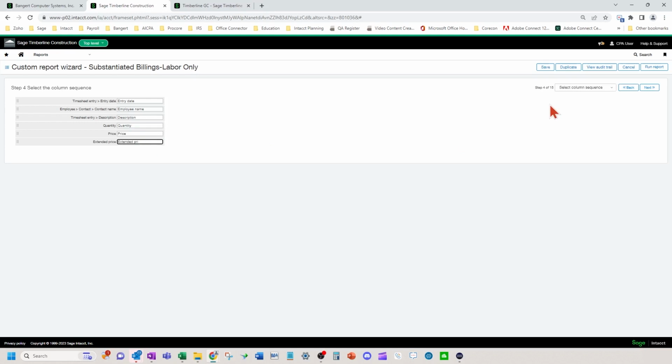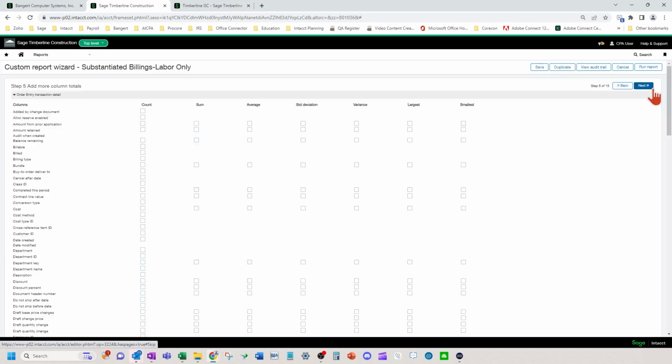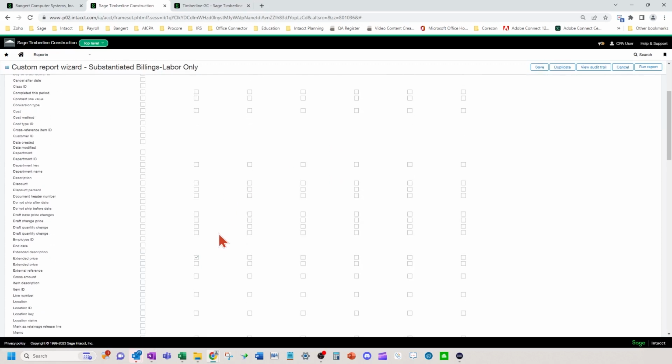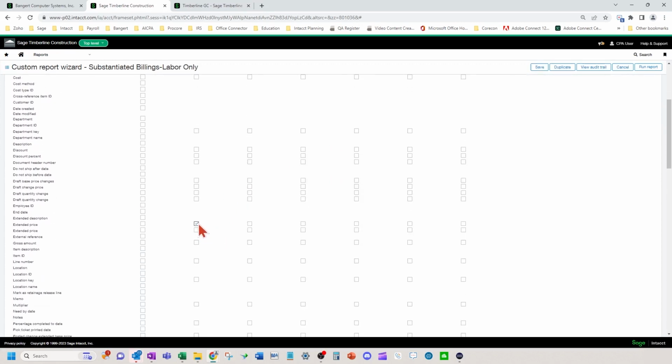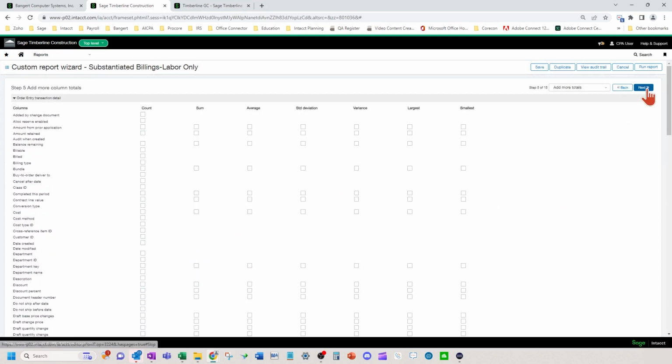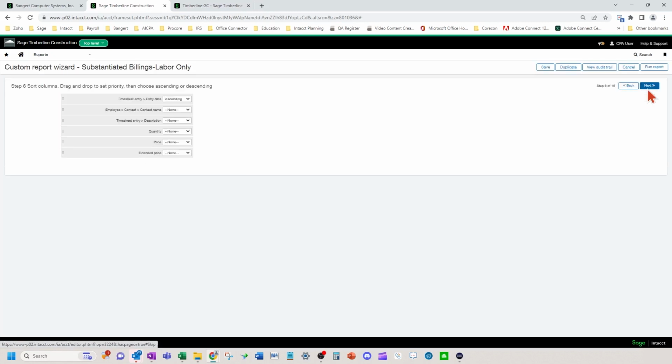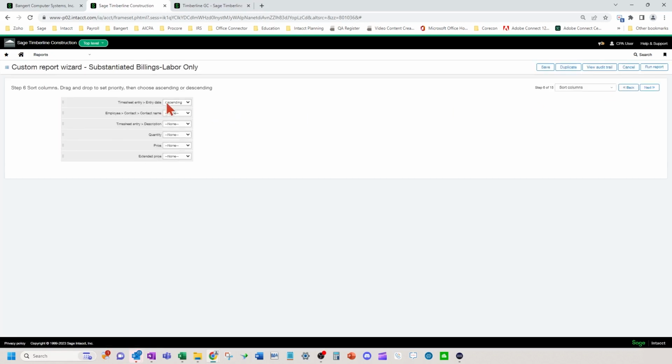So you could call this extended labor, you could change this to hours, labor rate, something like that. Okay, I want to total up the extended price or the total extended labor. I want to sort it in timesheet entry date order.